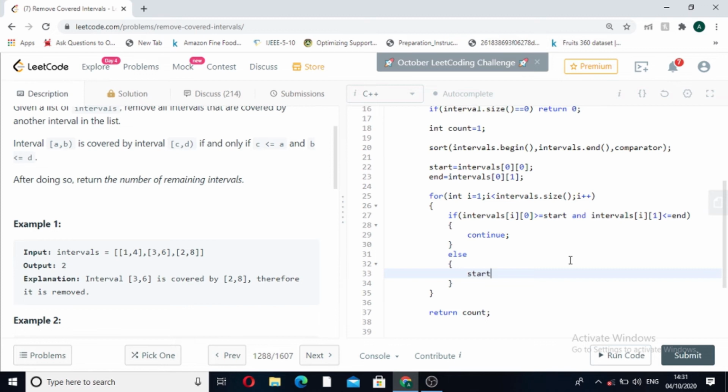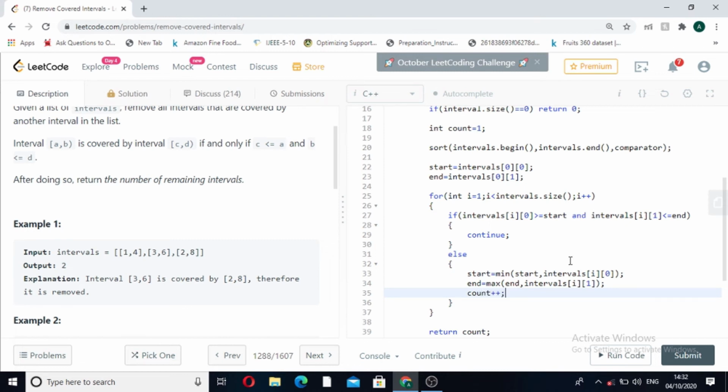How will we update that? Our start will become the minimum of current start and interval I, 0, and our end will become the maximum of current end and intervals I, 1, and we will do a count plus plus.